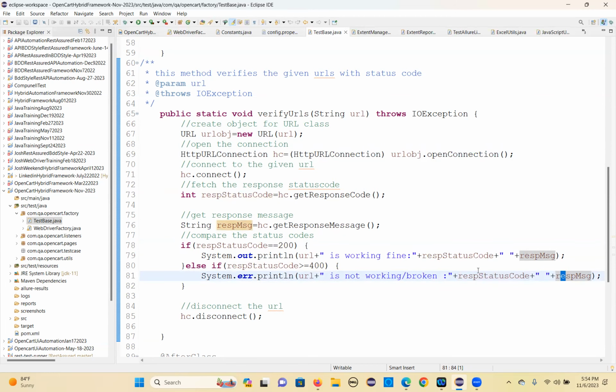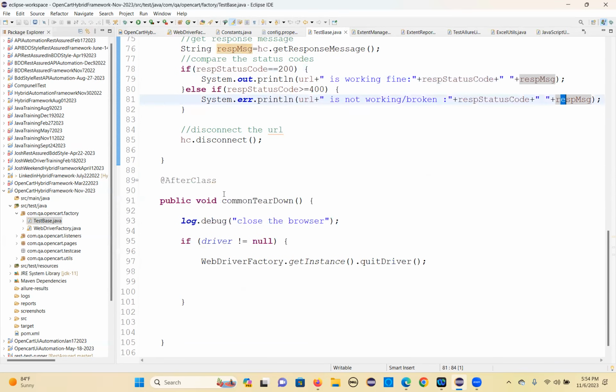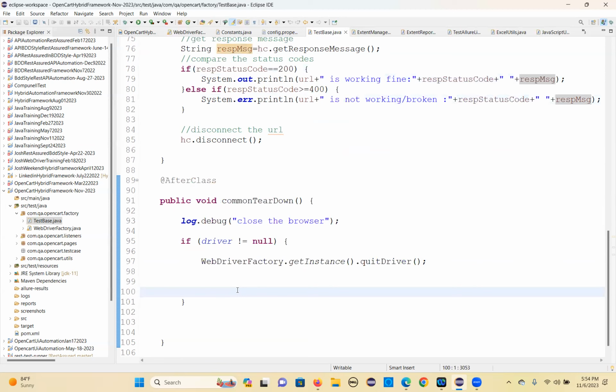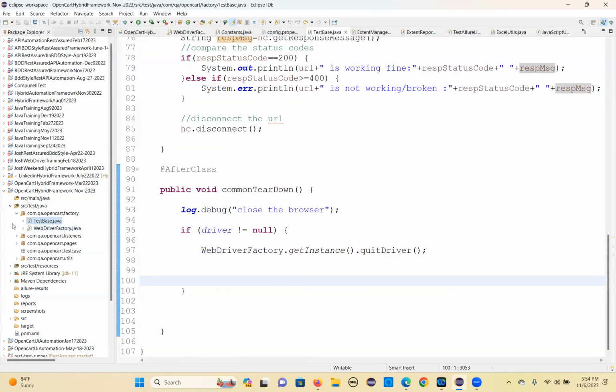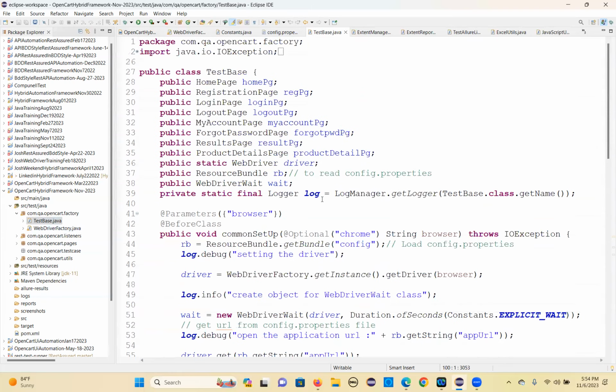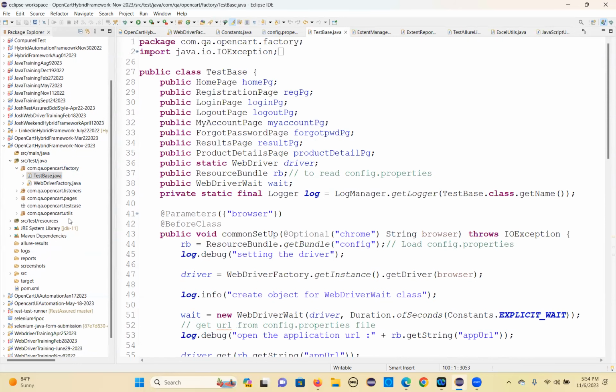Okay. So that is how we have written all that code. The tearDown method means just getInstance().quitDriver. You're quitting the browser. So that's a simple TestBase class. And so one part is done. The factory package is done. Now, we need to